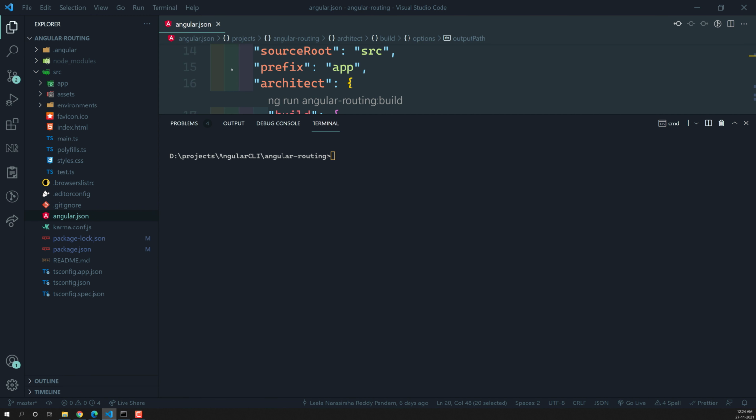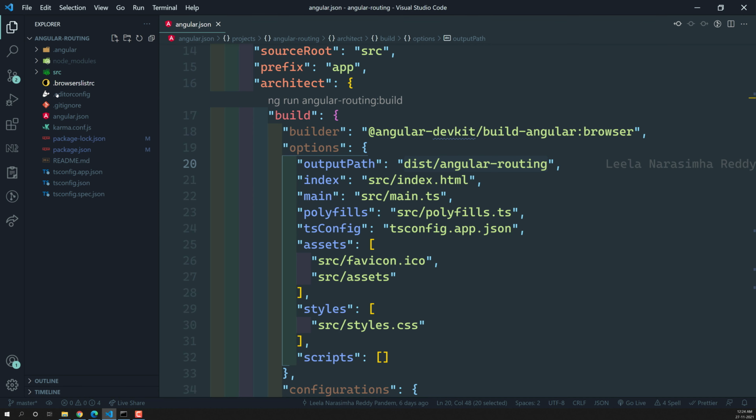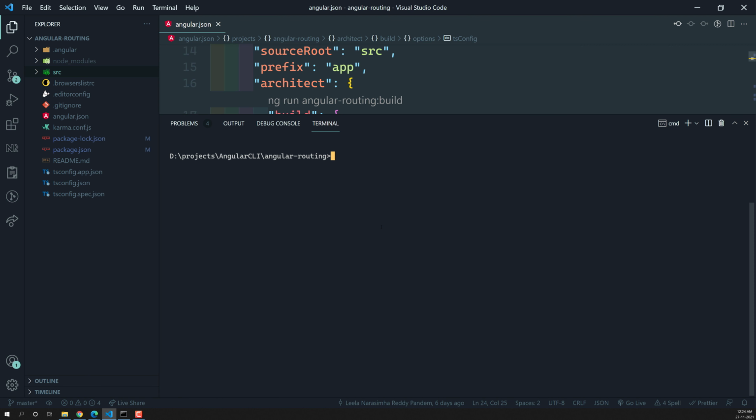Now we have run this ng serve -o, and if you look at the Angular application, the dist folder has been created nowhere. As we already discussed, all these files are kept in the memory. Now let's try to run the ng build command. I am running this ng build command with a configuration of dev. Configuration equals development mode. By default it will be in production mode, but I am running this one in development mode. Let's see what files are going to be created.